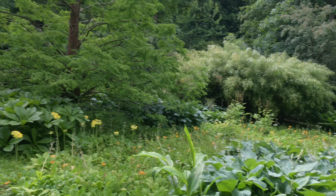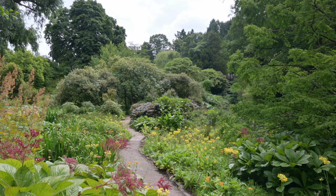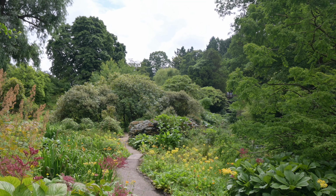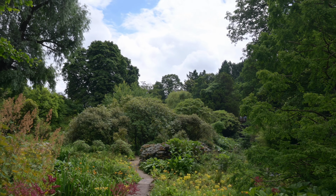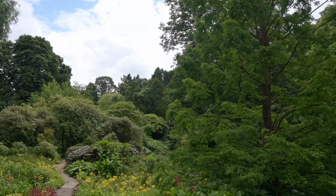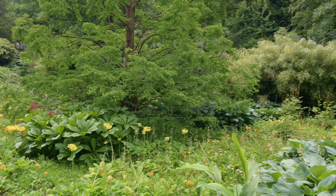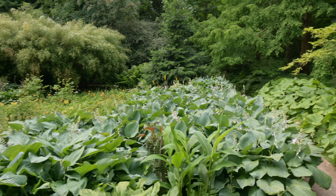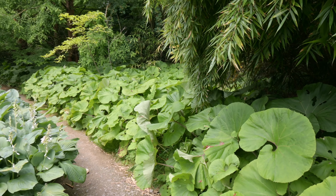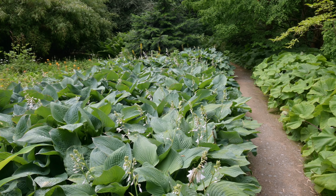we'll just turn to the left. Look at that view, all the candelabra primroses still finishing off there, looking beautiful. Got the butterflies, beautiful sky. The Jerseys down here, and then over here we've got some very bold planting. So we've got two very dominant plants on the left. We've got these robust